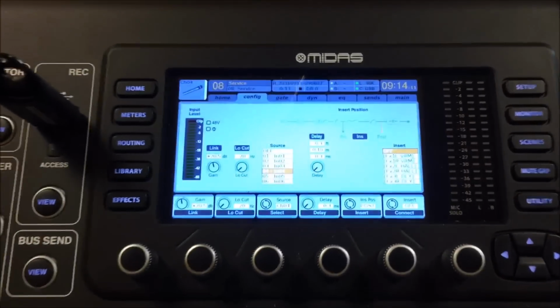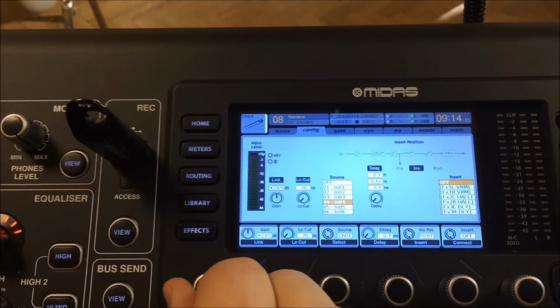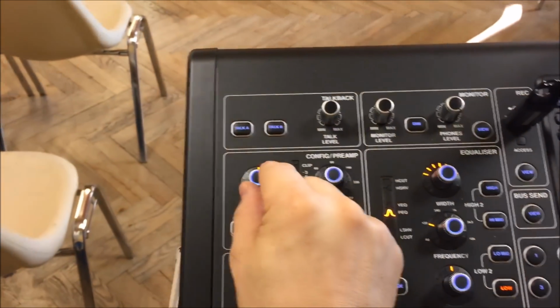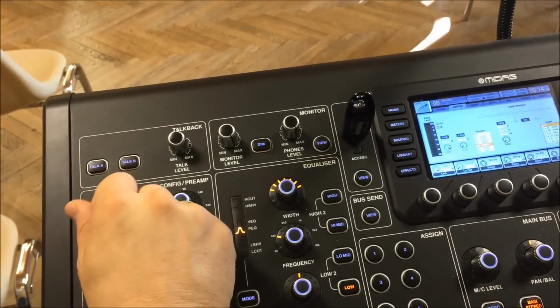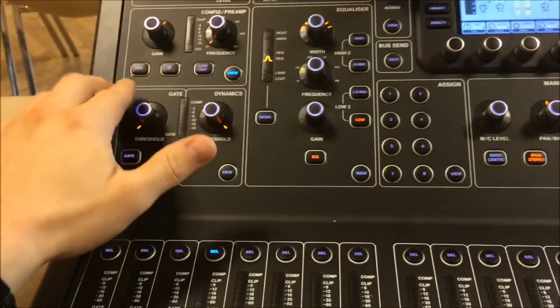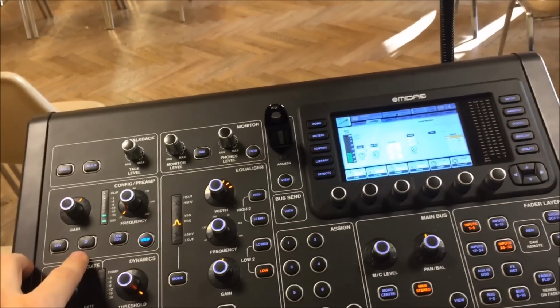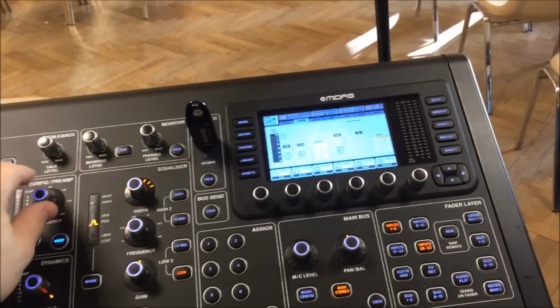This now is for the gain. So if I want to change the main gain, I can either use the knob here below the display or the assigned knob here on the mixer itself. As you see, this also changes the gain on the display. Now here you can also turn on the phantom power, have a phase reverse, or change anything else of the